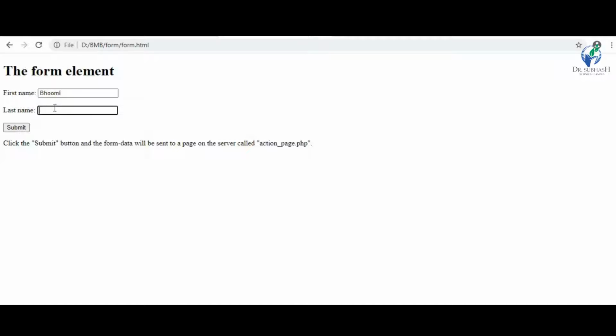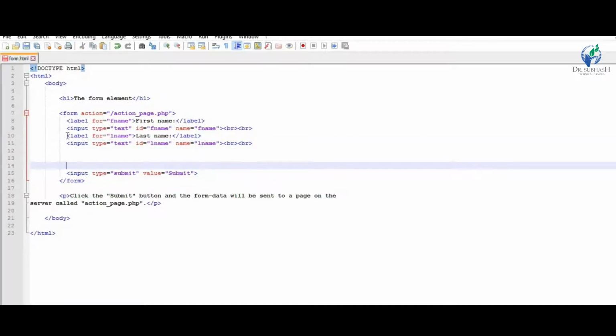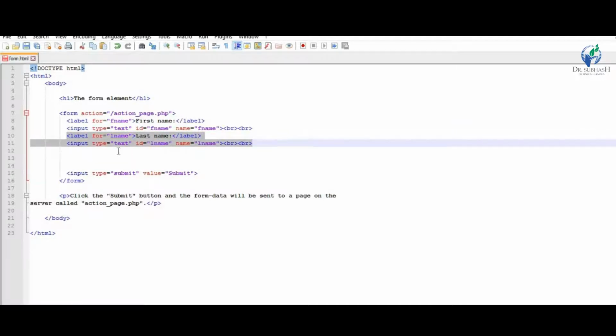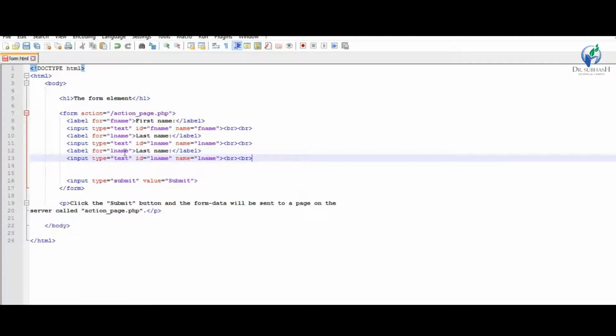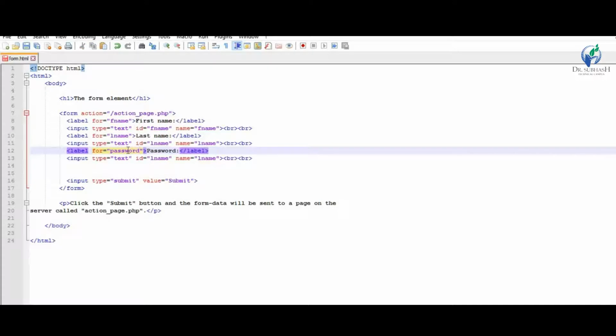Now I want to add another input element at this place. Just copy this and paste this. Next one is for password, so label for password.